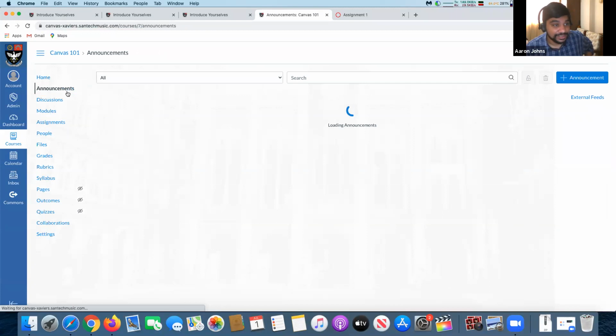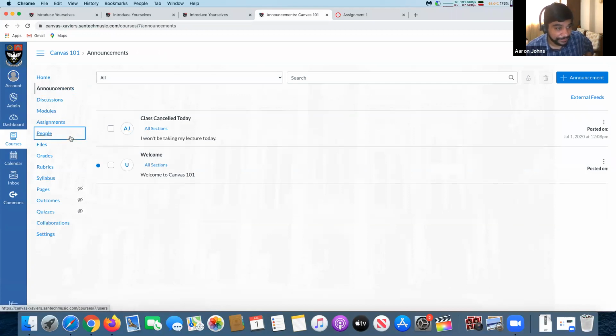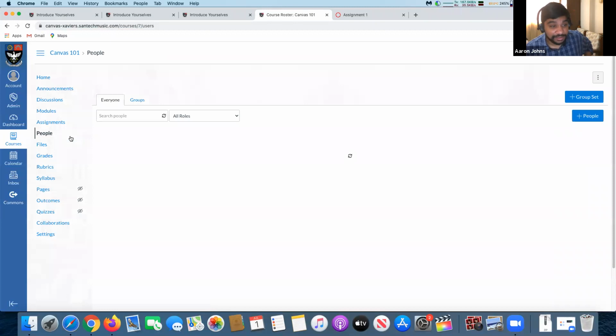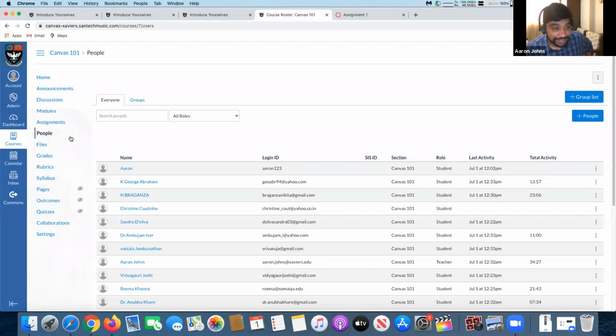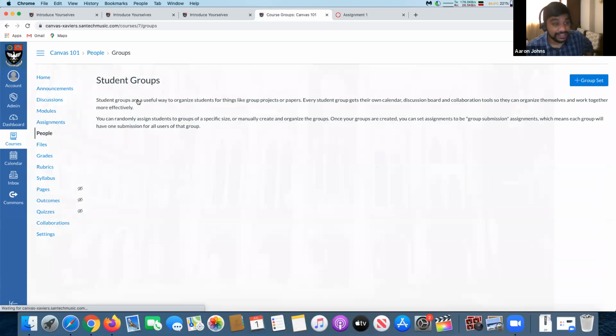But anyway, now moving on to the next section, let's talk about groups. Now in Canvas, we have another feature called groups. You might have heard students say, I don't want to be with that student, or why sir did you put me with this person, or no, I don't agree with that person, sir. Why did you put it? You're very partial. All those types of comments you get from your students. Everyone knows that. But in order to tackle that, we have a thing called a group set.